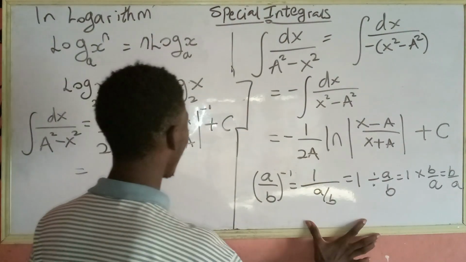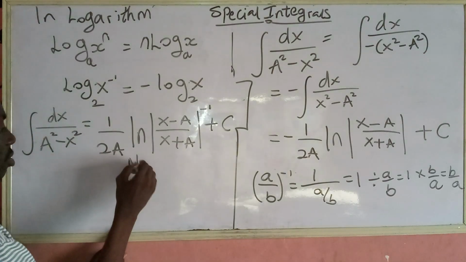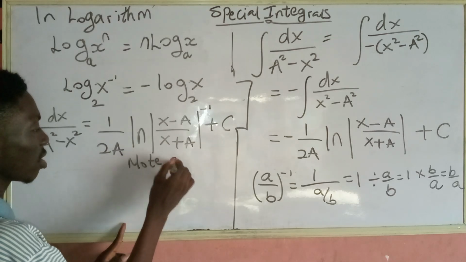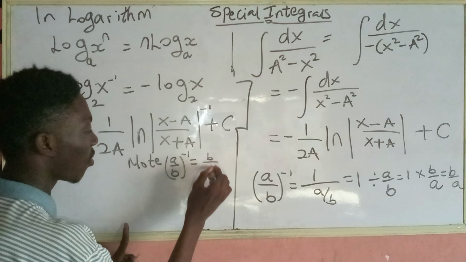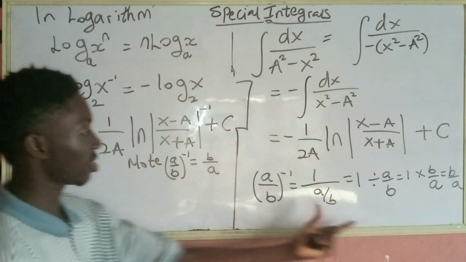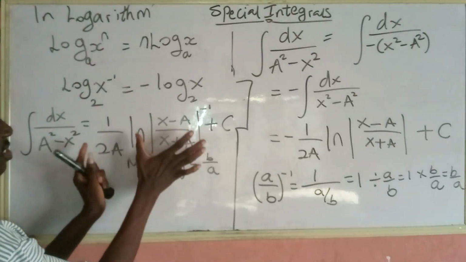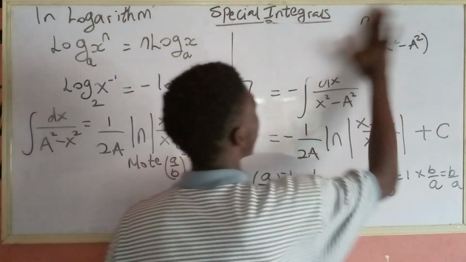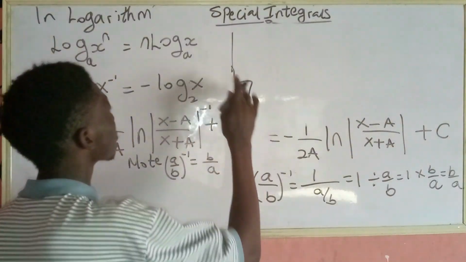So what am I proving here? What I'm proving here is this. Note: a over b raised to power minus 1 is equal to b over a. You can see this is the proof of this to this. That also means this particular thing we wrote here is the same as,